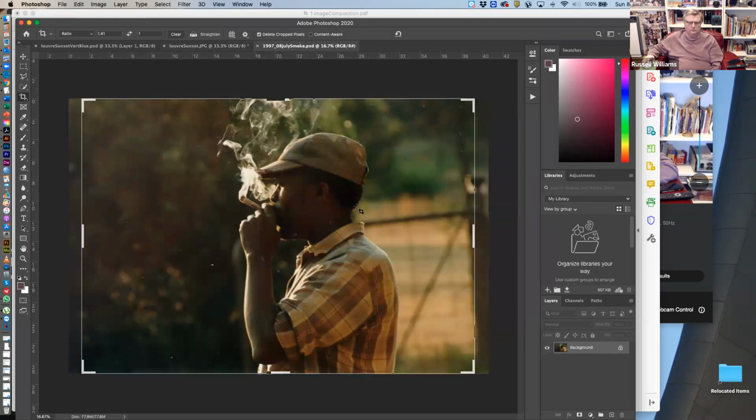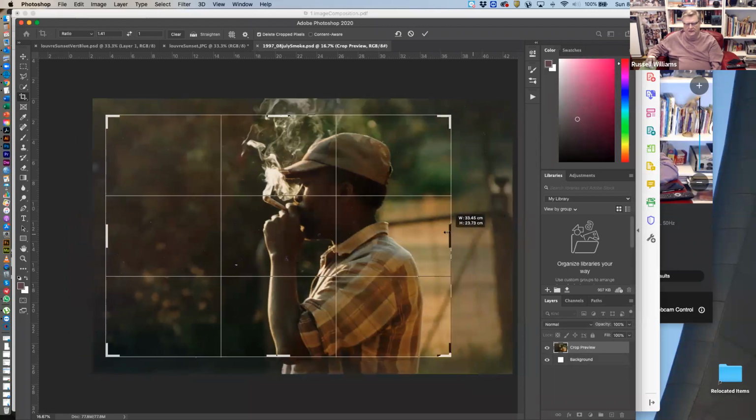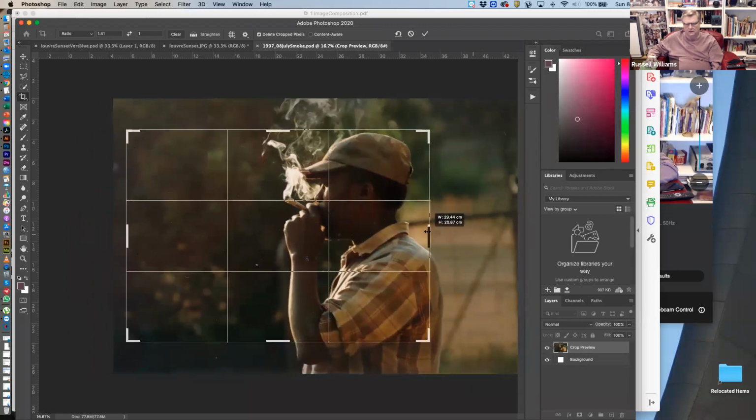But there's a whole bunch of adjustments that can be made. But I like having this picture raw. So we go here. We're using the 1.41. And if I start to bring it in, because